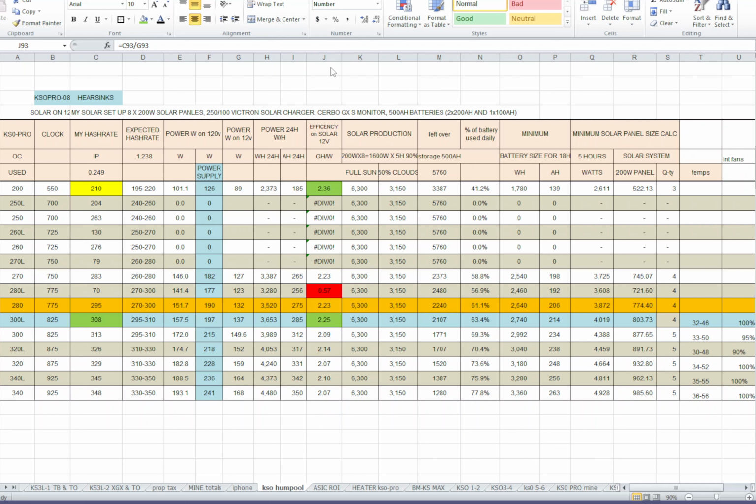So you can see all the power consumption on a 12-volt system. So just don't confuse that. That's on a 12. This is your power if you're going to run it on 120 volt, plus or minus, because your PSU efficiency is going to matter here. And also the recommended minimum power